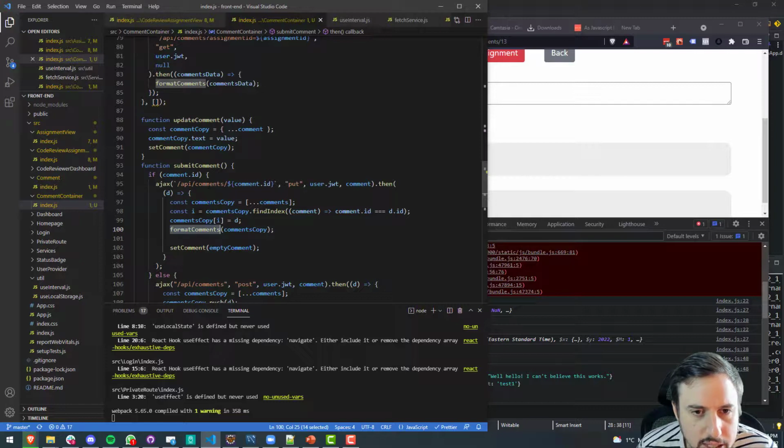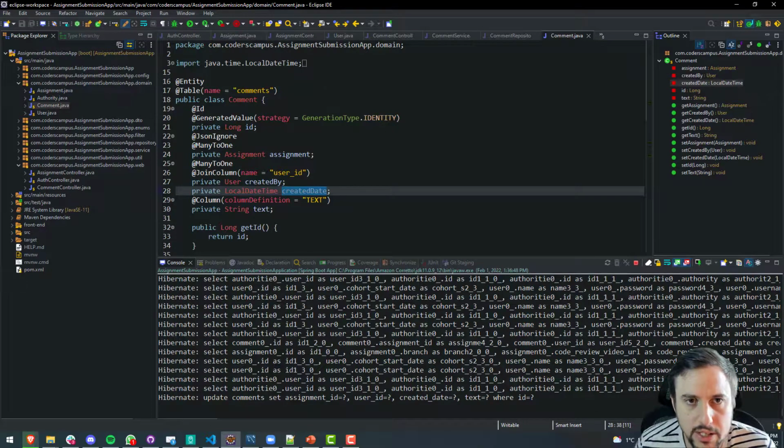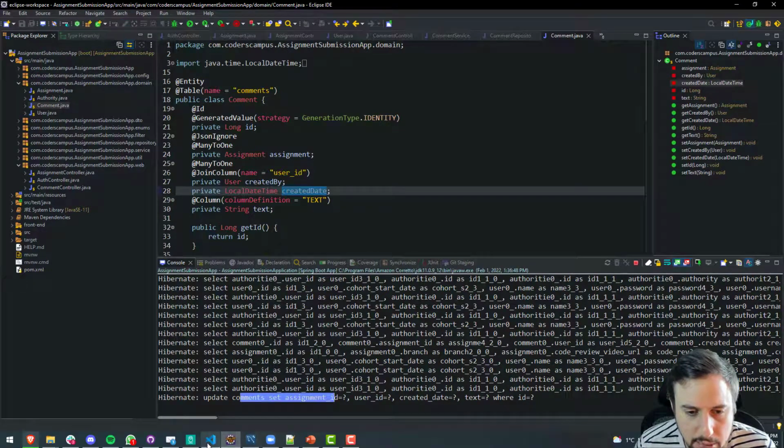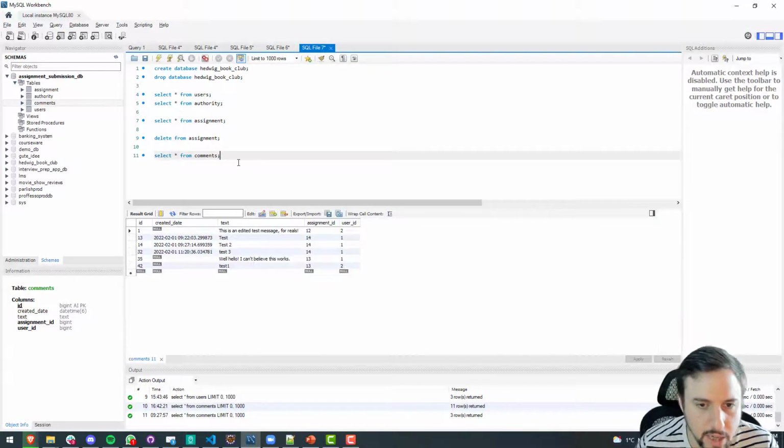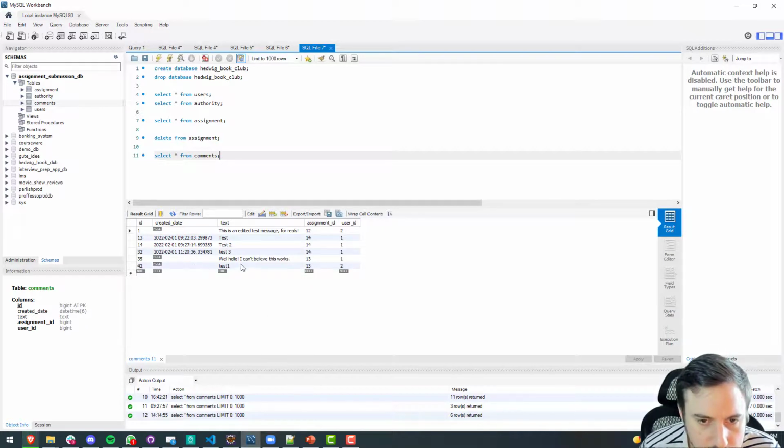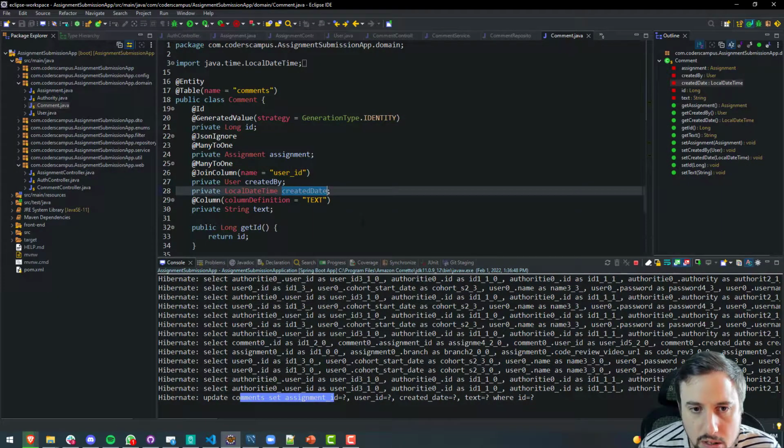It should have gone in here, done the put. So let me look at the back end. Is it, so update comments, select start from comments, test 1. So